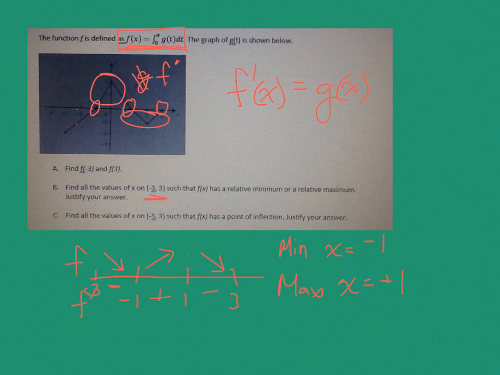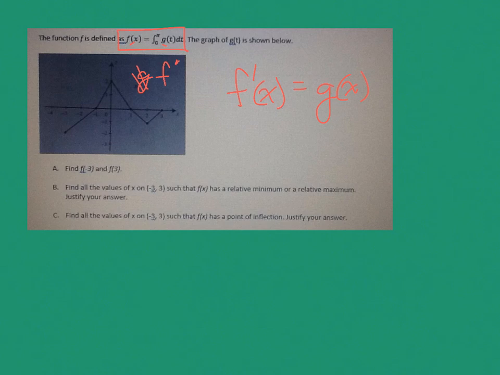Now we could also do this verbally, just looking. We don't need the chart. We don't have to have the chart. We could do it verbally, and we'd have to write it out, but we can say our derivative goes from negative to positive at negative 1. So when it goes from negative to positive, that is a relative minimum. Relative min at x equal to negative 1,